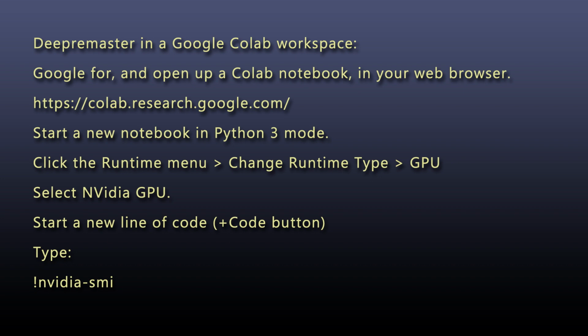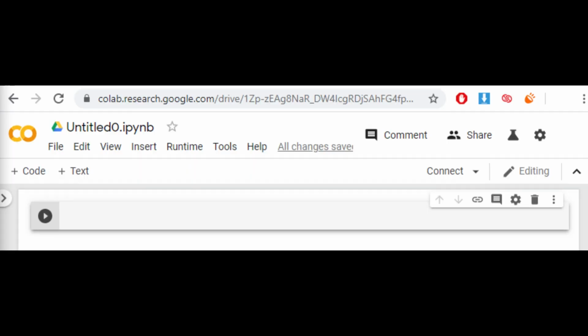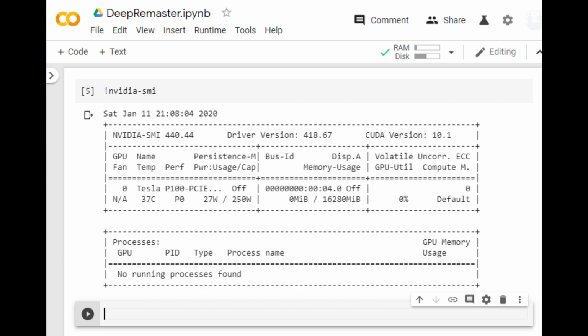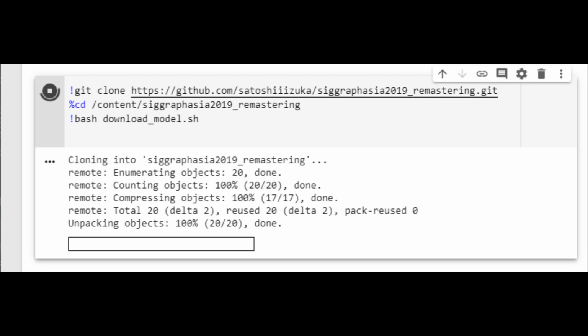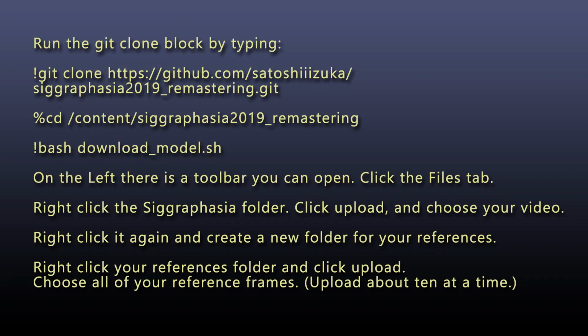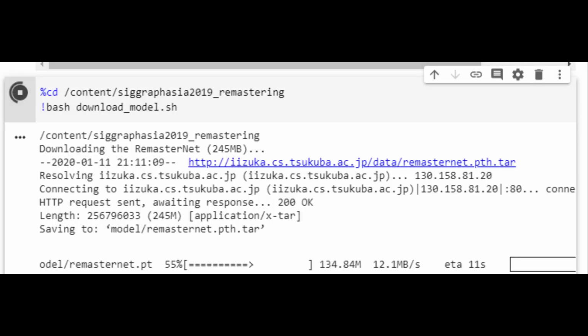To create a new block of code to run, there's a plus code button at the top left. So I'm going to type in !nvidia-smi. And that's loading in all of our NVIDIA GPU. Then I'm going to clone the GitHub. I'm going to type in !git clone, the GitHub of Satoshi Iizuka from SIGGRAPH Asia 2019, the DeepRemaster GitHub. I'm going to create a directory, cd content SIGGRAPH Asia remastering, and then we're going to run a bash download